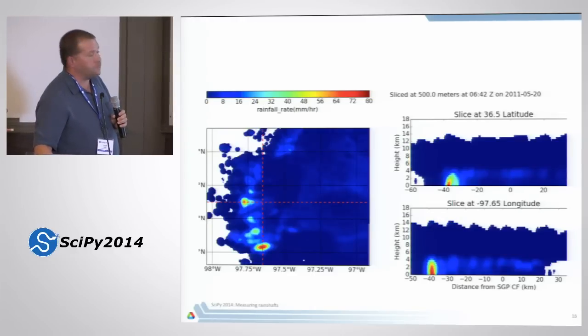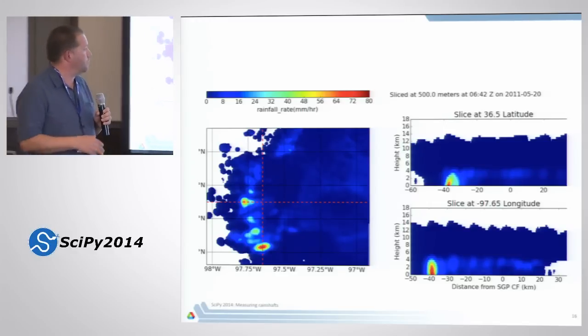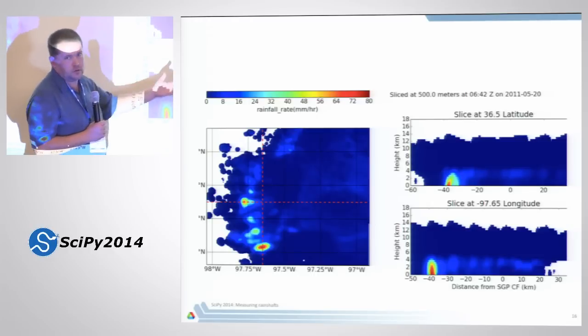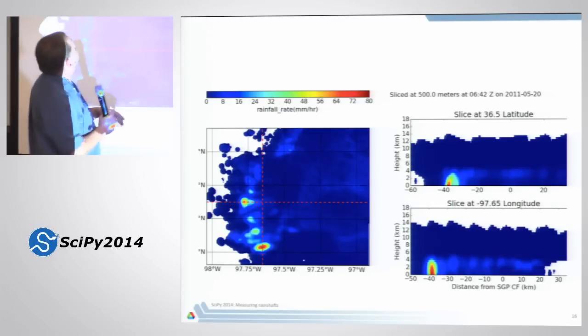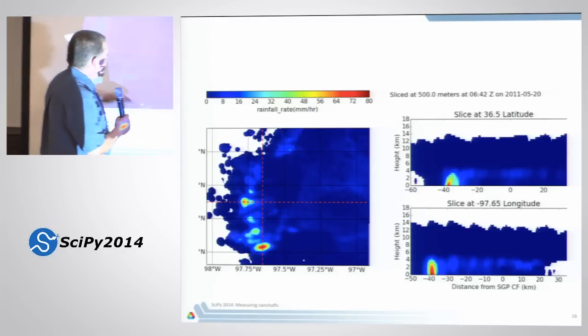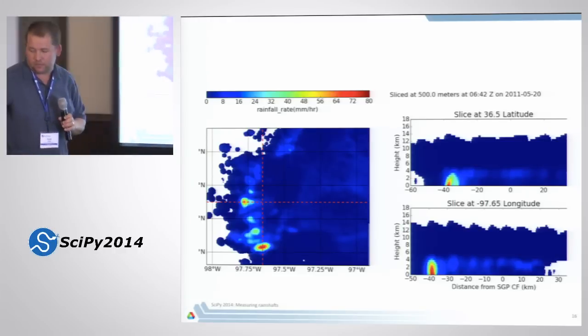This is a map of the rainfall rate from the C-band radar that we retrieved using the algorithm I showed before. Again, we get this big blob here. Of course, you don't get rain above the freezing level because it's not rain anymore. So we've got this big blob of about 70 millimeters per hour, and this trailing stratiform region of showers after that big convective core.